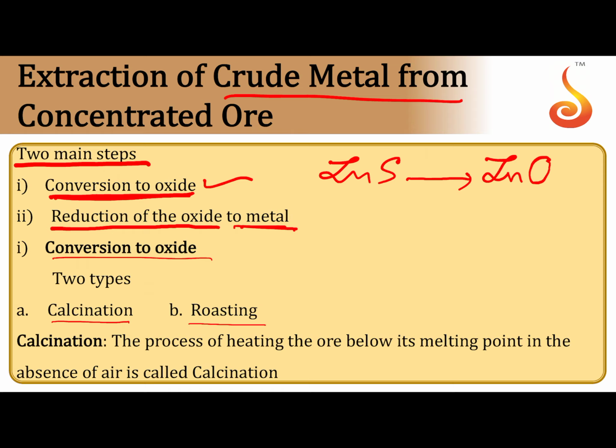Calcination is the process of heating the ore below its melting point in the absence of air. Suppose limestone is there. From limestone it is not easy to extract calcium, that is why it is subjected to calcination. In the absence of air, when it is heated below its melting point, it splits into CaO and CO2. So, volatile gases are removed along with some impurities also. Then we can get calcium oxide. From the calcium oxide, by using a particular reducing agent, we can extract calcium by removing oxygen.